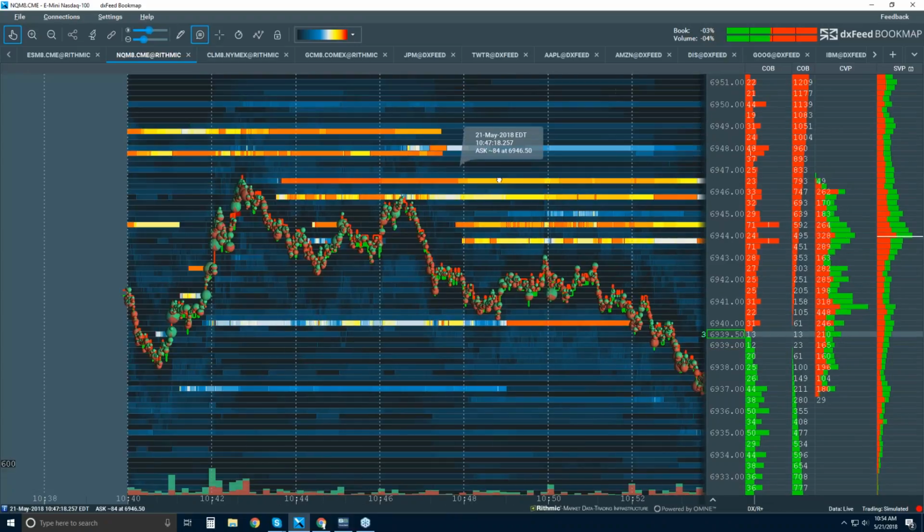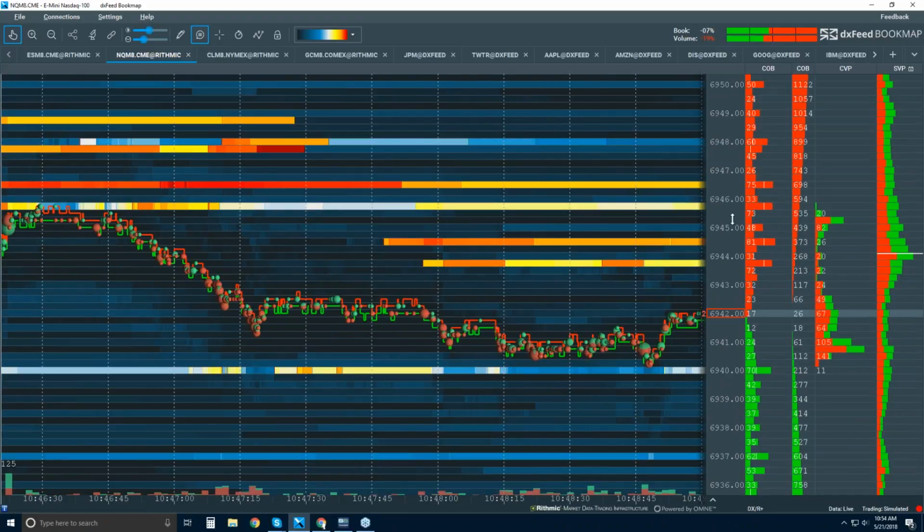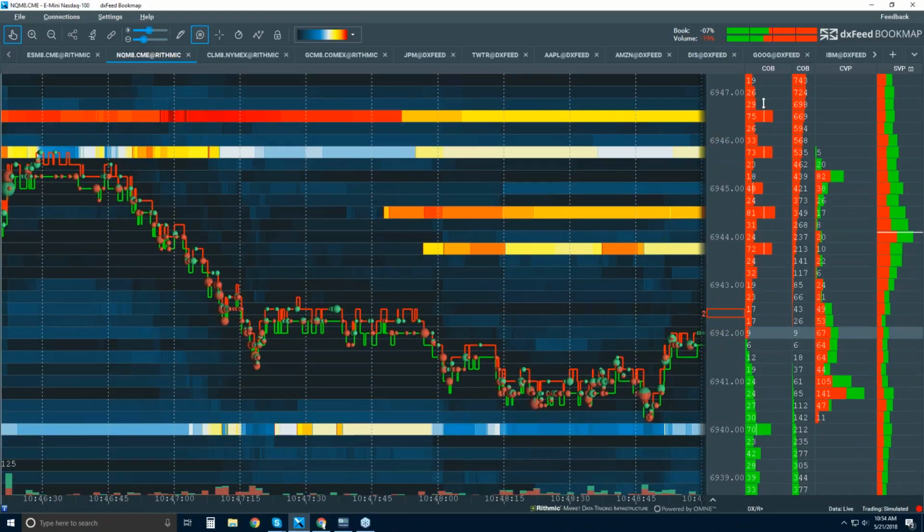But that's okay. We can go back and look at it historically, right? Just scroll back. And this is that large lot tracker. Okay, see this little white line here? See how there's 75 contracts here? So this red bar signifies 75 contracts graphically. Right, and this one's 73, and this one's 81, and this little white line here,